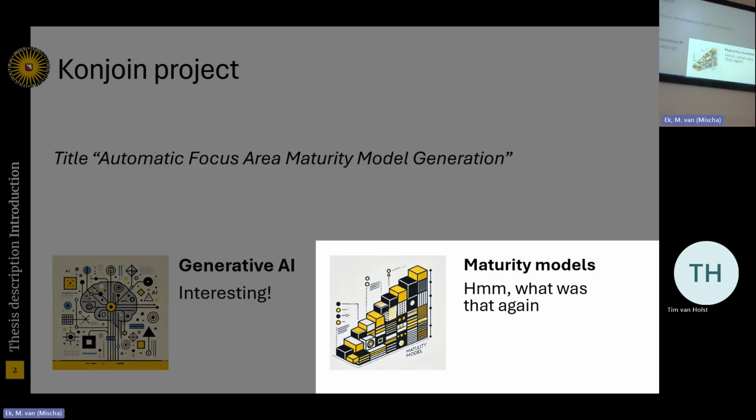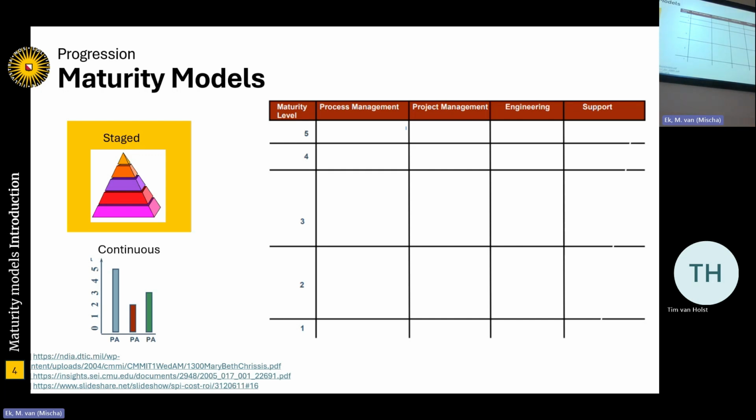What again is that? I'm going to ask you a quick question. Just raise your hand. Does anybody know what a maturity model is? Good, all right, some basic understanding of maturity models. Let me help you understand a bit more. I can't explain everything because that's a whole subject on its own, but basically a maturity model gives you a step plan: how can you reach a higher level?